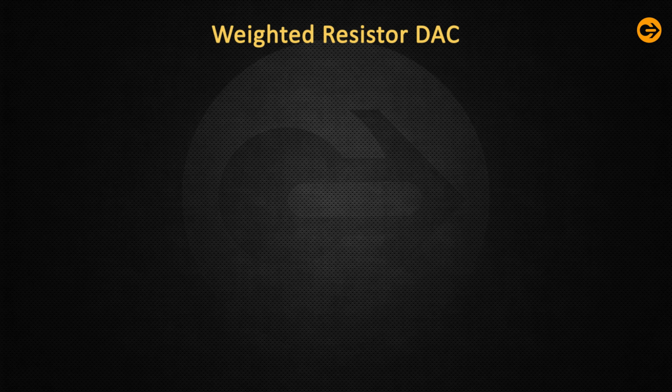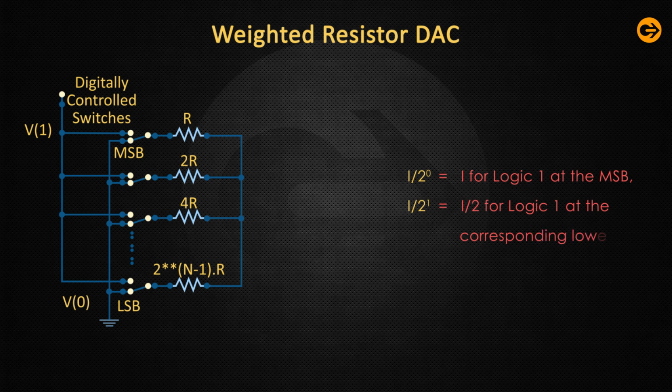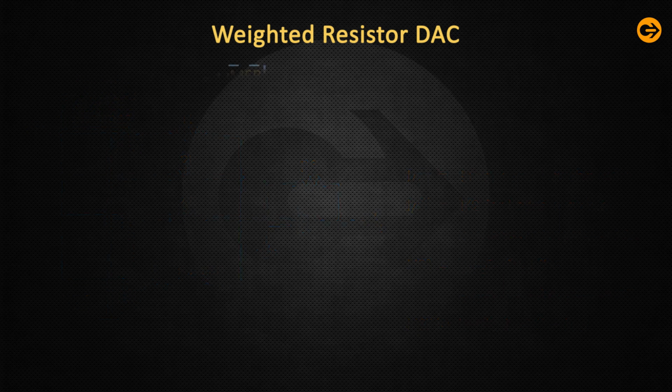Let us consider an n-bit straight binary input to a resistor network which produces current I by 2 to the power 0, which is equal to I for logic 1 at the MSB, I by 2 to the power 1, which is I by 2 for logic 1 at the corresponding lower bit, I by 2 to the power 2 for logic 1 at the corresponding lower bit, and so on until it reaches I by 2 to the power n minus 1 for logic 1 at the LSB. Now, the total current produced will be converted to voltage using op-amp, which will be proportional to digital input. The figure of a weighted resistor DAC is given by,